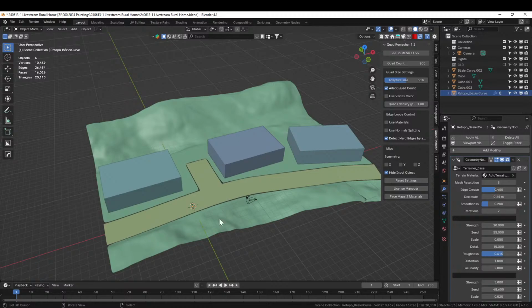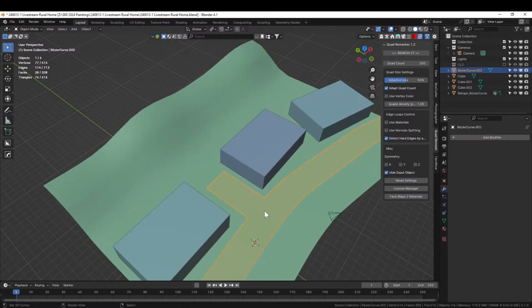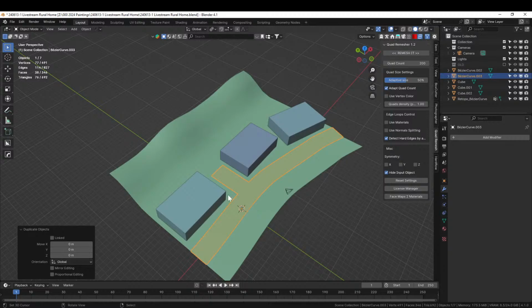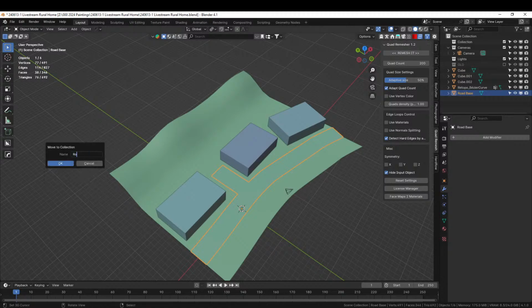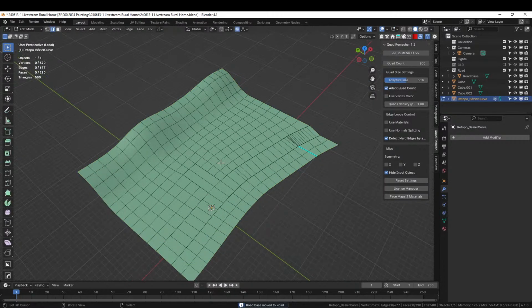You know what we'll do? Let's undo it. Since it's going to be the same anyway, let's just duplicate this and join it to this. So we should have the original one. Yeah, best curve. I'm just going to call it road base so I don't lose it. You can just move it to road. Great. And this, solo tab it,